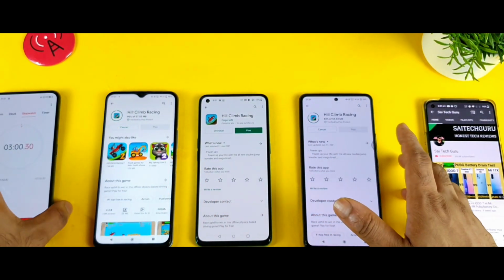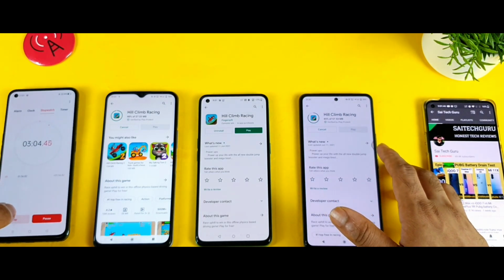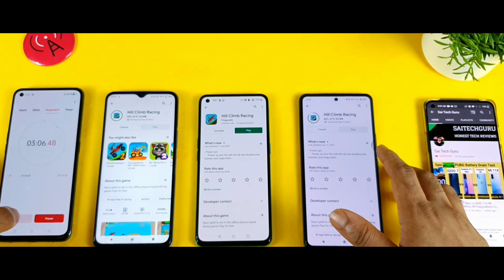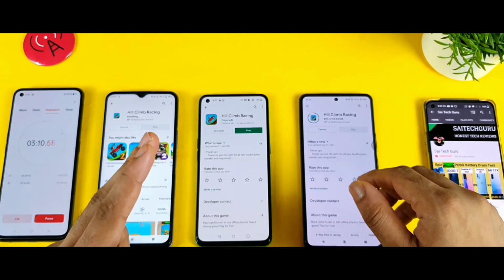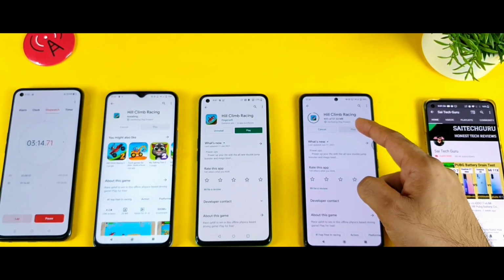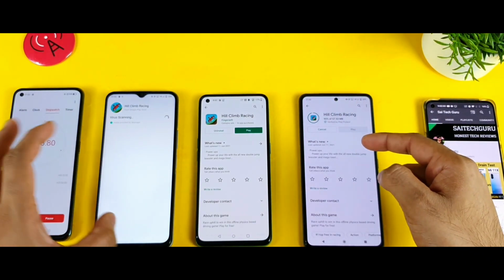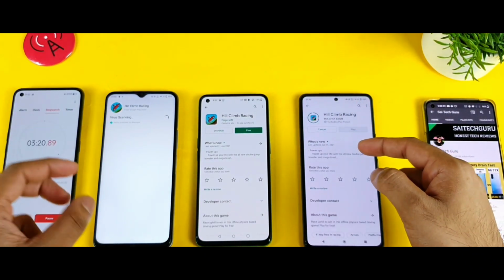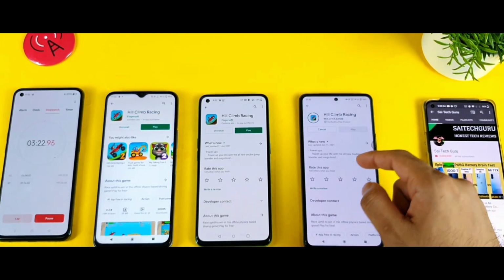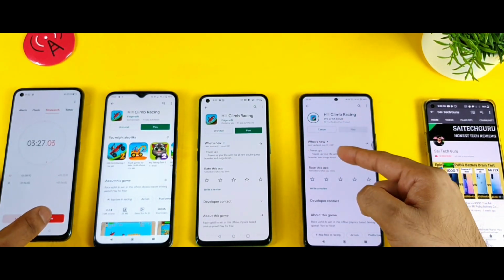So right now it was able to finish 96%, 97%, 98%, 99 and 100. It's done. So it took about 3 minutes, so 1 minute more than the OnePlus Nord device, and right now it's kind of going on 94%. So this is the thing which I totally hate. As soon as you install, every time this pops up, I'm not sure why. So as you can see, it's kind of close to 100%. It's finishing.